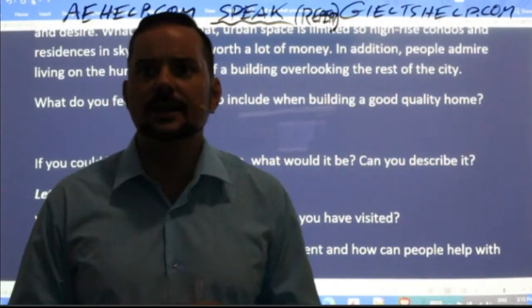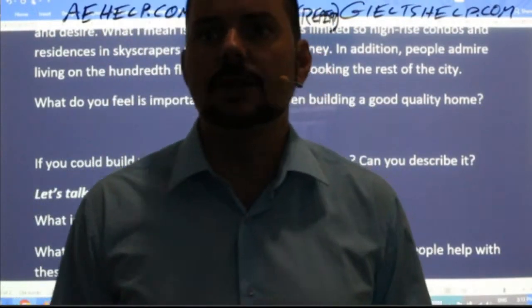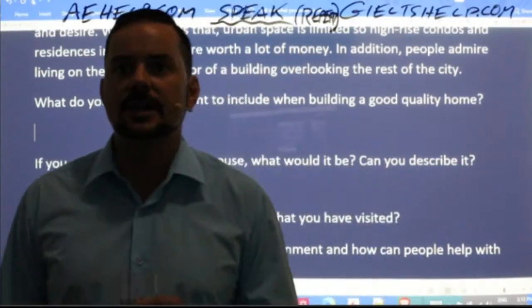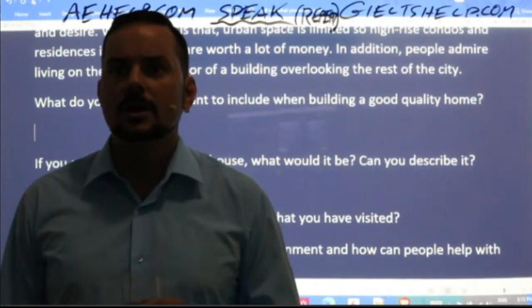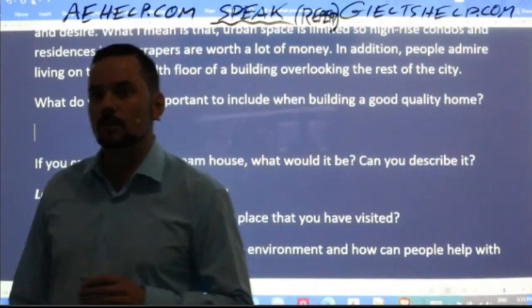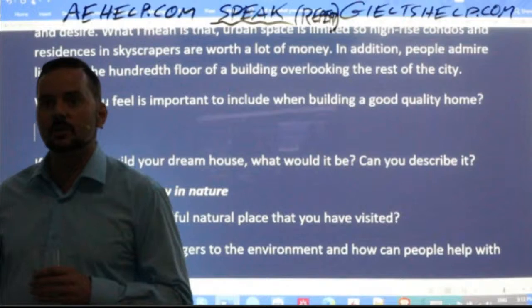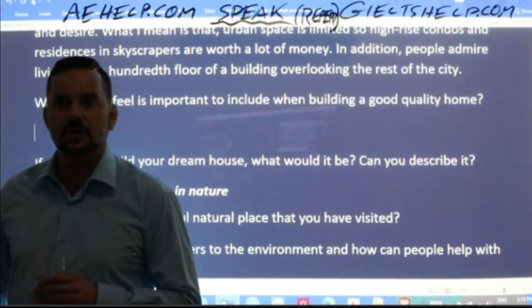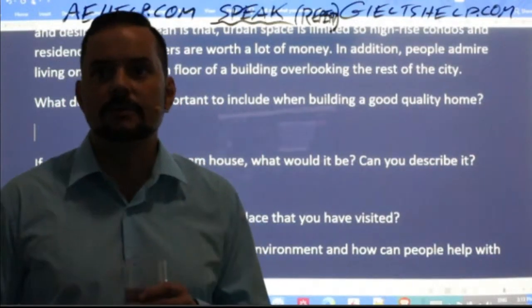Hassan says, well, I think having a high quality home needs to take into consideration key elements like, first, the orientation of the home for the sun and wind, having enough green area, and well-designed spaces. Very good, Hassan. A couple of slight corrections, but overall quite nice.